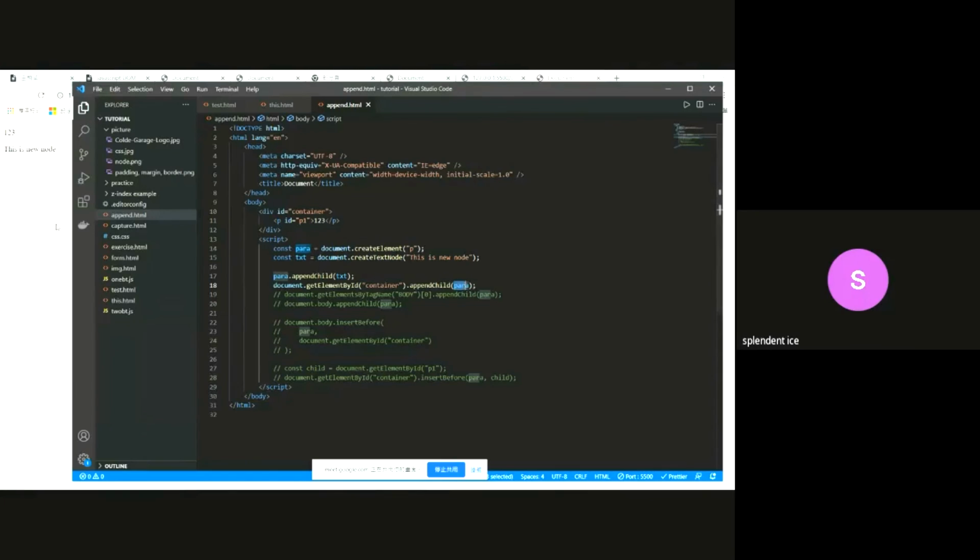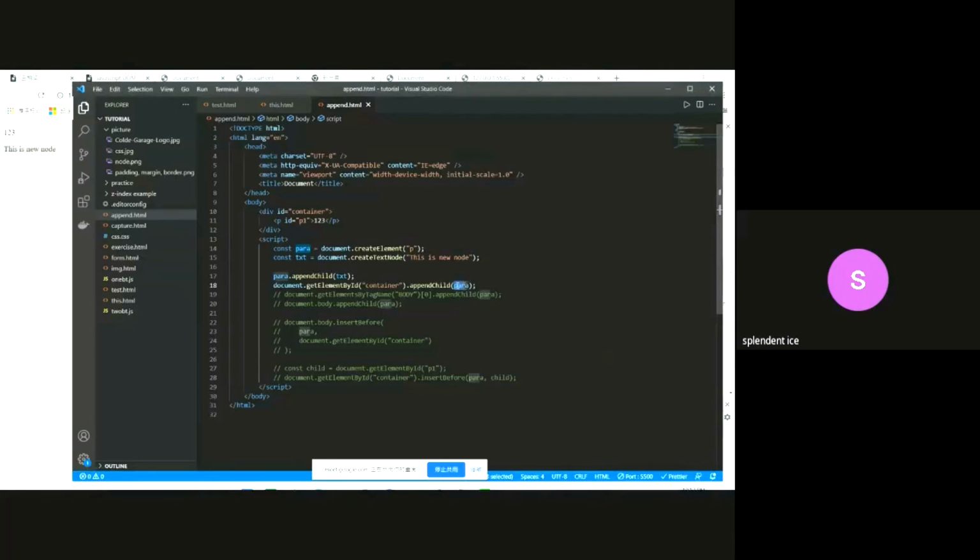So the div tag is here, and we append it. So we append it to the div tag. So 1, 2, 3, and then this is new node. 这基本上就是衔接过来，就是说我把它 append child 到这个 div 里面，然后所以它就跑到它最后，大概是这样。